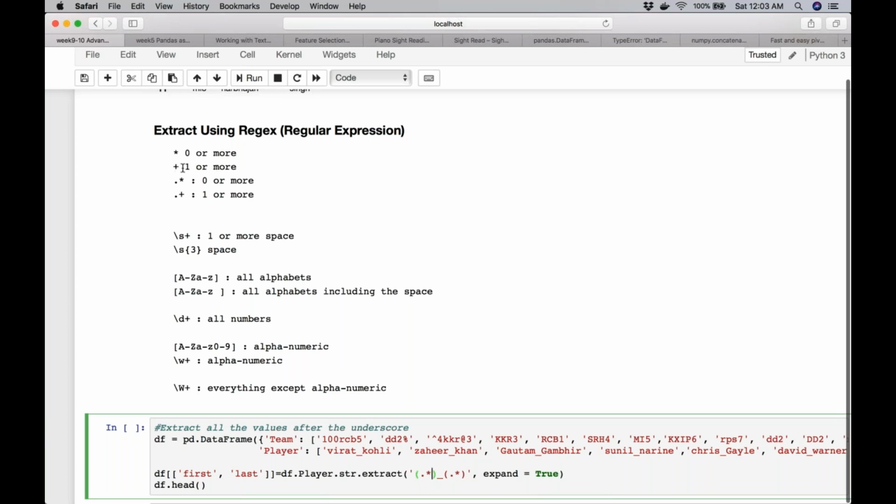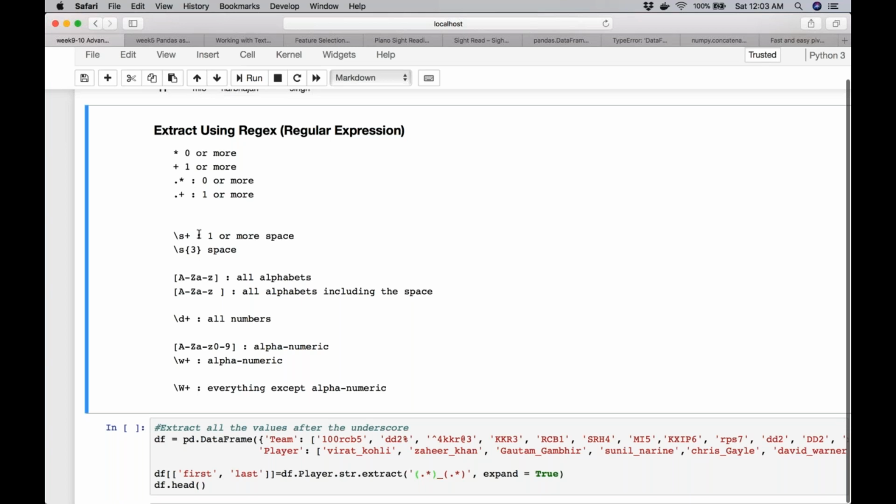What does it mean? The plus will return only if there is at least one character. We will come to that. So typically, when you want to extract everything from a string, you say dot star. That means everything that is present. Dot plus is one or more elements.